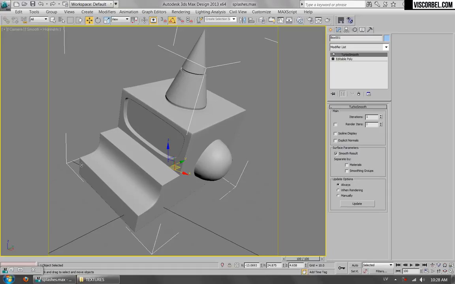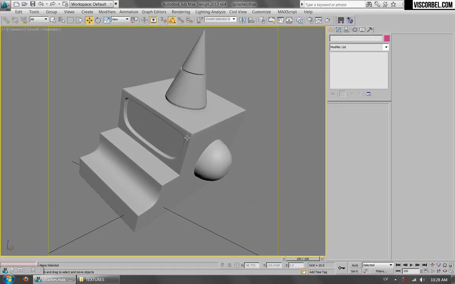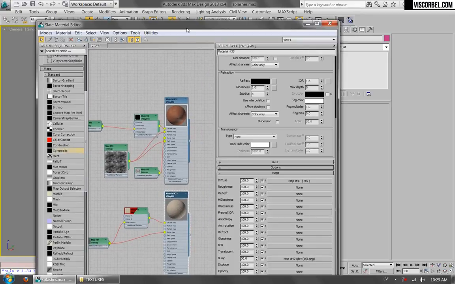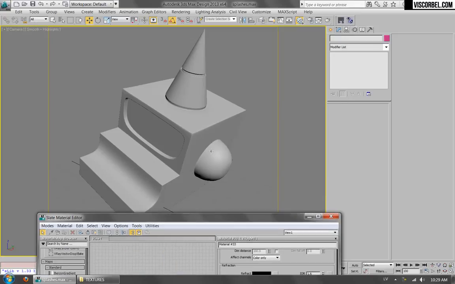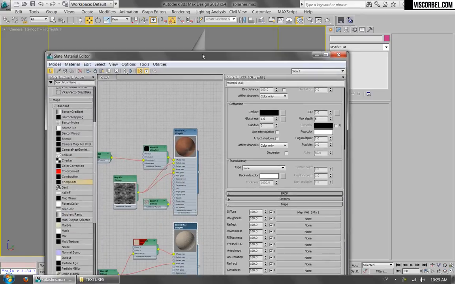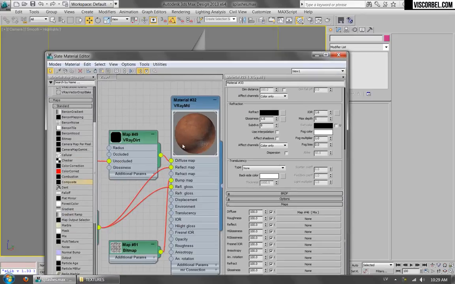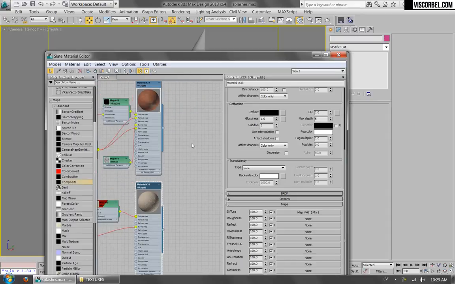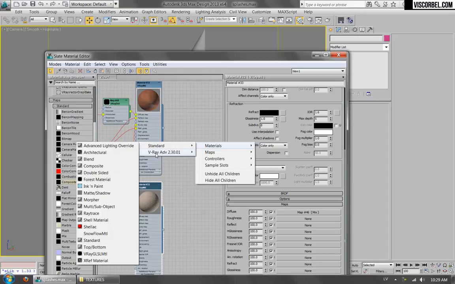For this next video I've rotated my object a bit, so it has some downwards facing surfaces as well. And what I want to show you is how to add some mud splatters only to those downwards facing surfaces. So basically we have the base material, which is something like a brick, and we have this coat material which looks like mud. So first of all we have to create a VRay blend